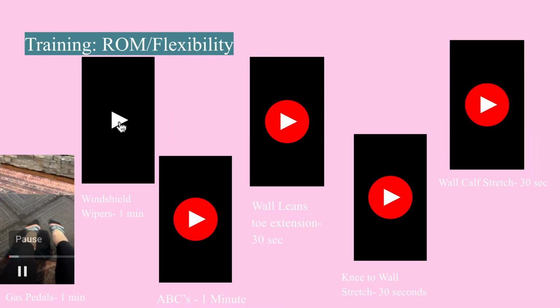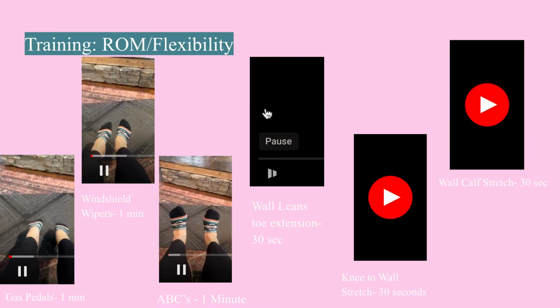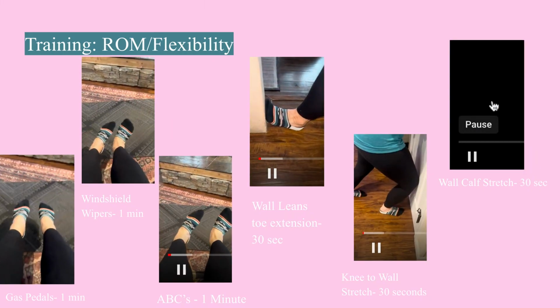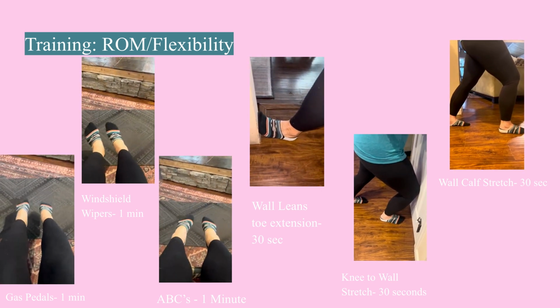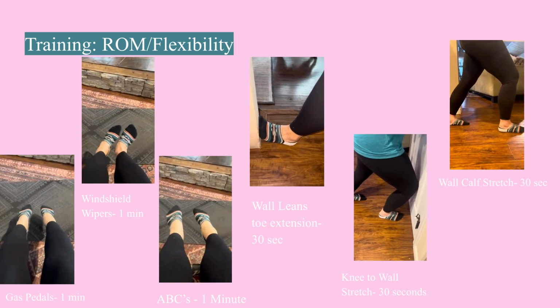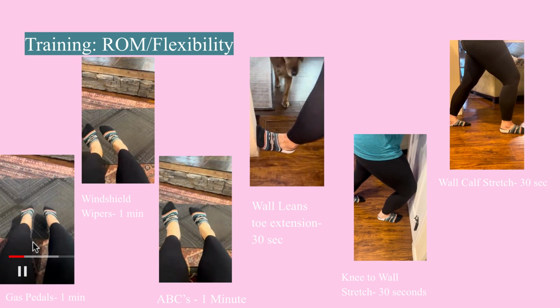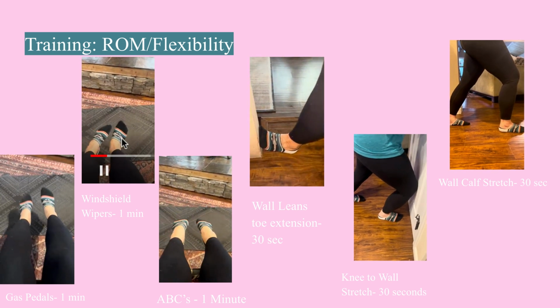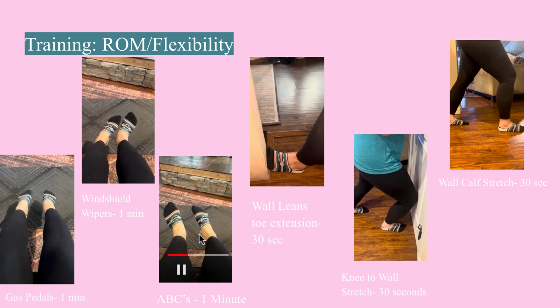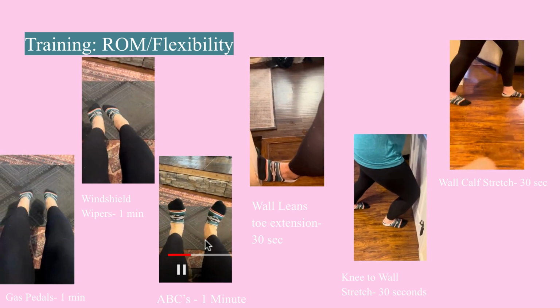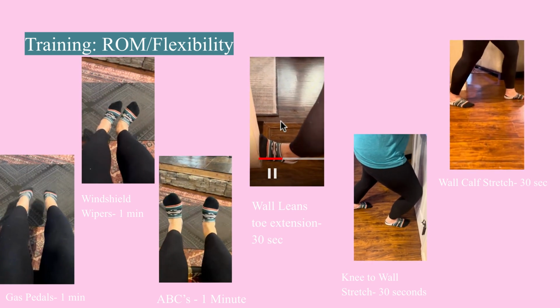For my training for range of motion and flexibility, I decided to do gas pedals, where she basically made a dorsiflexion plantar flexion movement for 1 minute straight, as you can see here. For windshield wipers, it was an inversion eversion for a minute straight. I had her write the alphabet with her feet for a minute, and then I had her do walling